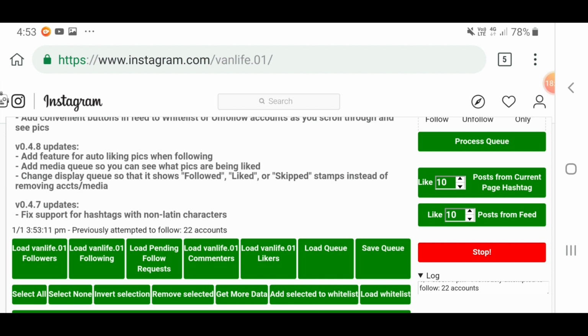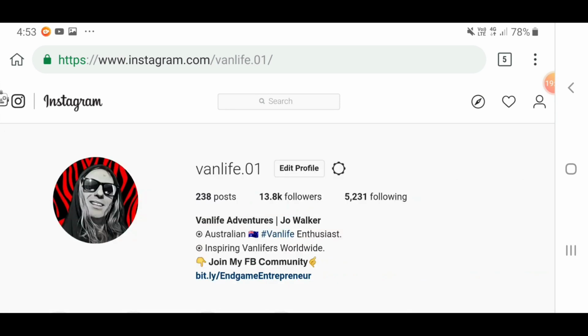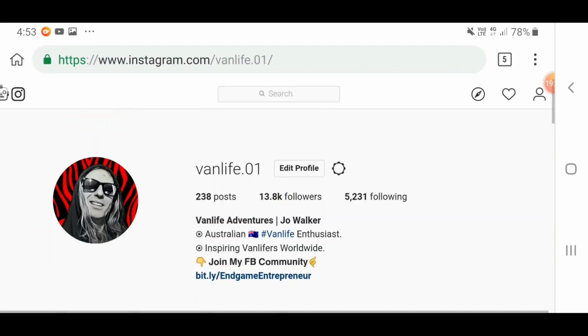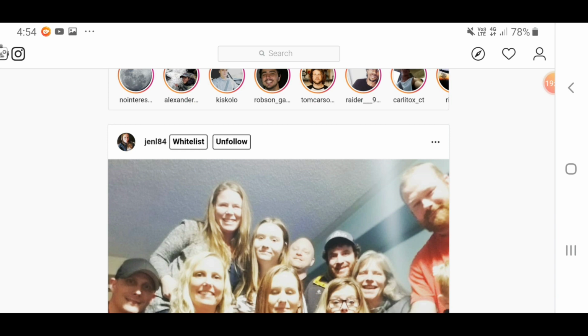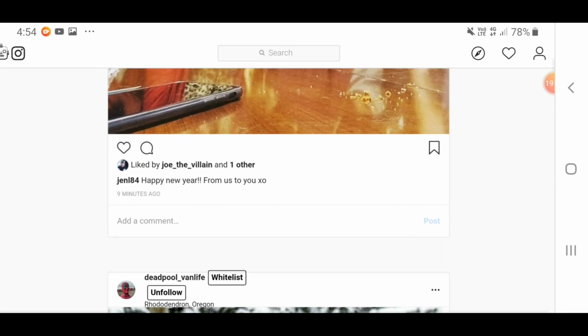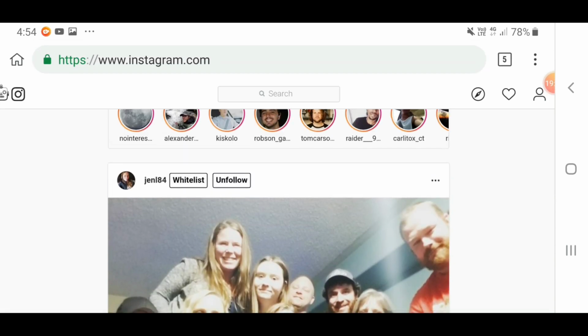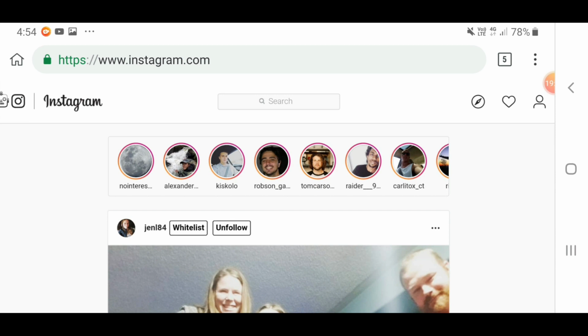You can whitelist accounts. Just show you quickly what that's all about. We'll just shut this quickly. And if we scroll down, open up the feed, and just down here you can select to whitelist a certain amount of accounts and save them as a database. So if you've got particular followers or accounts that you follow that you don't want to unfollow, you could create a whitelist, and that's just going to safeguard those people from having your bot unfollow them. So with that being said, I think we've just about got this covered, apart from